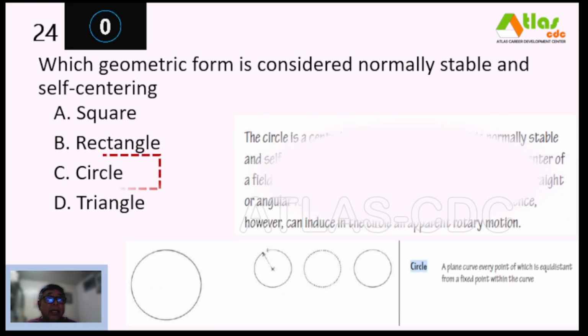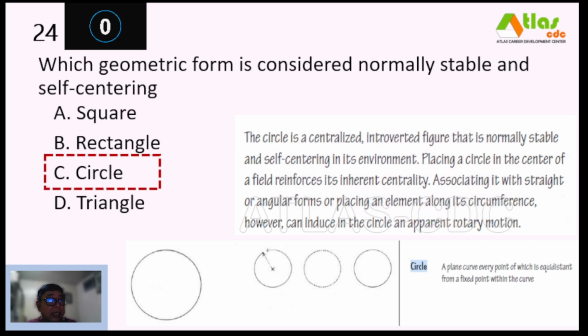And our correct answer is letter C, circle. So the circle is a centralized introverted figure that is normally stable and self-centering in its environment. Placing a circle in the center of a field reinforces its inherent centrality. Associating it with straight or angular forms or placing an element along its circumference, however, can induce in the circle an apparent rotary motion. So circle is a plane curve, every point of which is equidistant from a fixed point